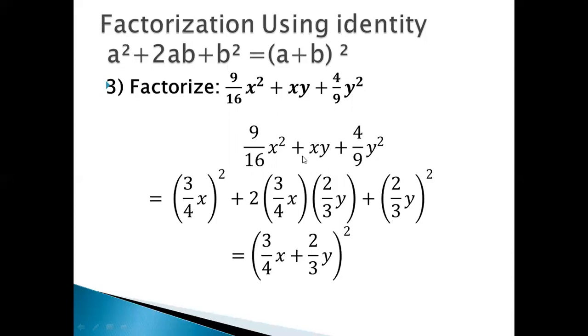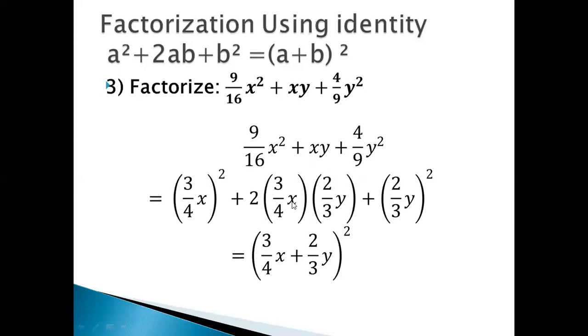Now we have to rewrite our middle term in the form of 2ab. So the signs will be the same, plus. If we have plus, then we are supposed to write plus, otherwise minus. So write plus, then 2, in the first bracket write your first perfect square, which is 3 by 4x. Then the second term is 2 by 3y. Now after this, match your terms. Square of 3 over 4x is 9 over 16x square.